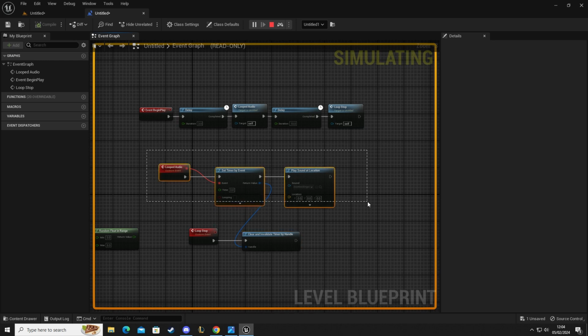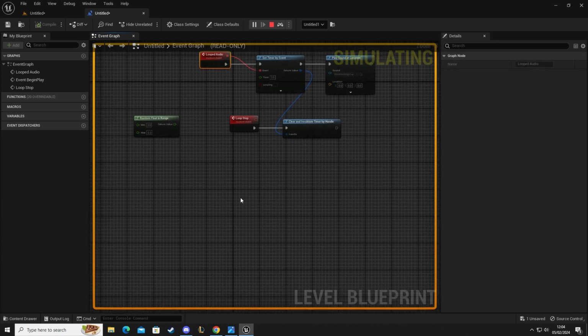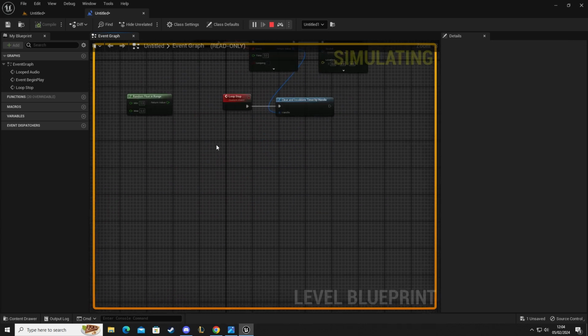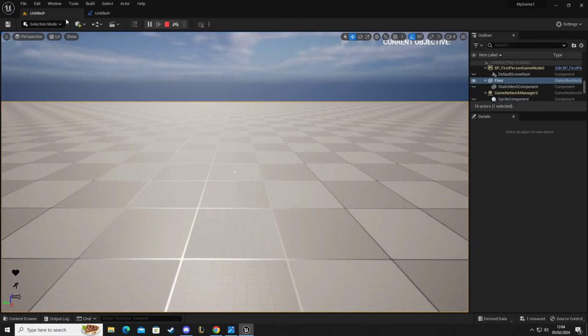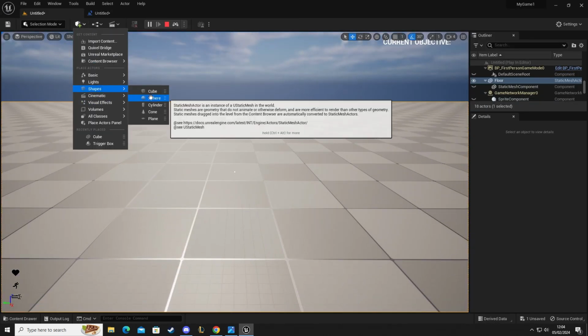We can re-trigger this, which is a good thing about it as well. Now that we've cleared that and invalidated it by the timer's handle, we can recall this. All we have to do is call this event. So for example, let's add in a trigger box. So we'll go into the world. We're going to place down a shape, a cube,